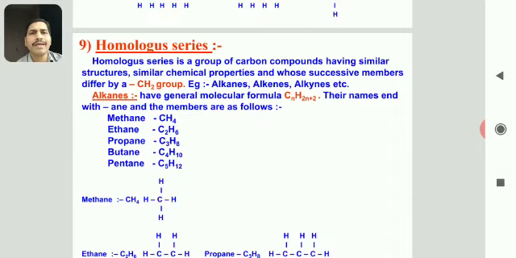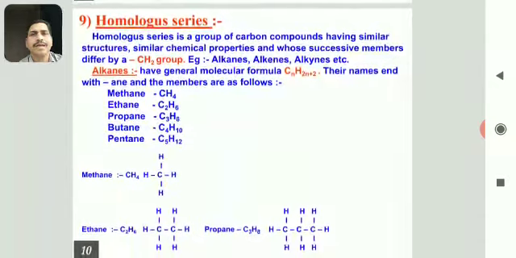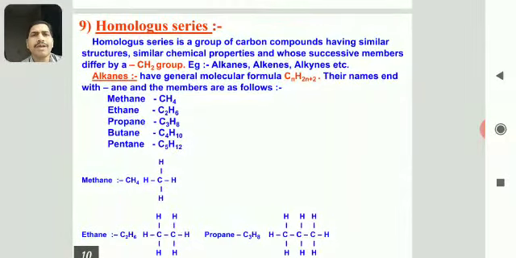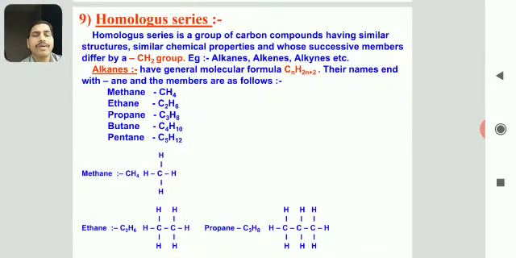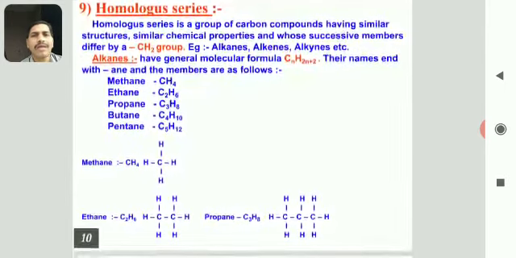Example, alkanes, alkenes, and alkynes. Alkanes have the general molecular formula CnH2n+2. Their names end with A and E, and the members are as follows: methane CH4, ethane C2H6,